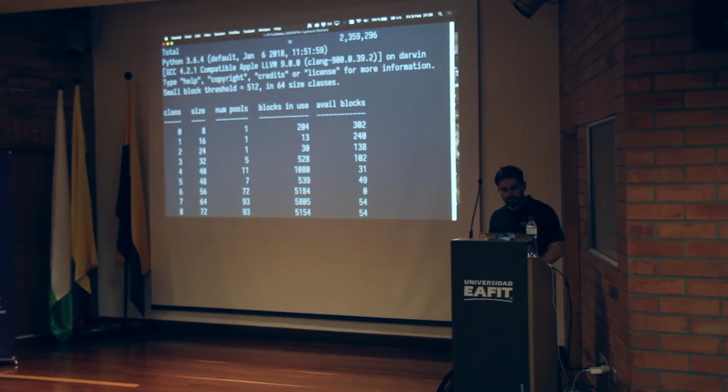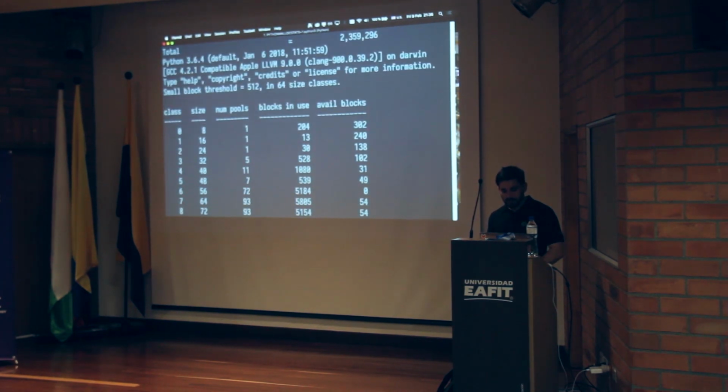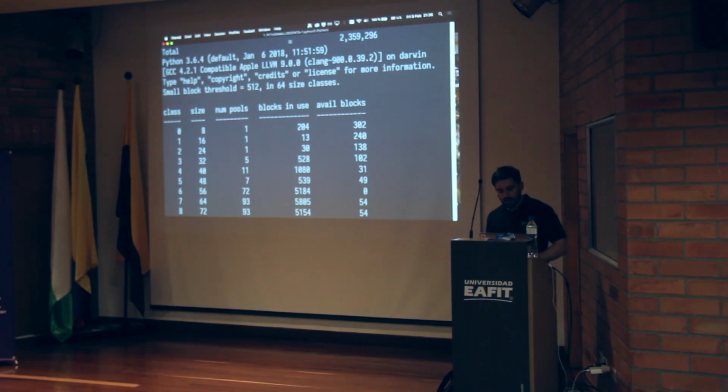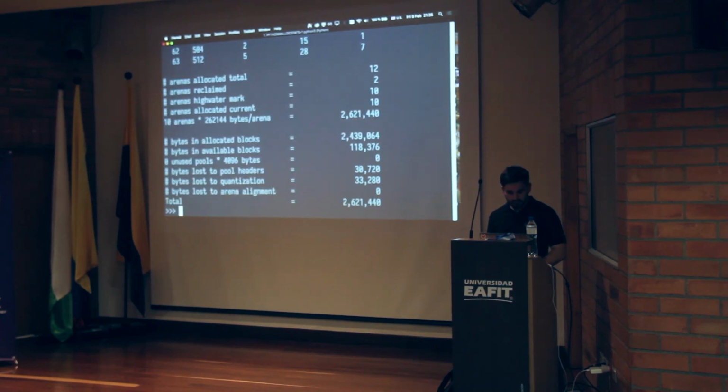per different size class how many pools are allocated at the start of Python, and how many blocks are in use and how many blocks are available. So when I start my Python 3 on macOS, on my current system, this is how many arenas it is taking.